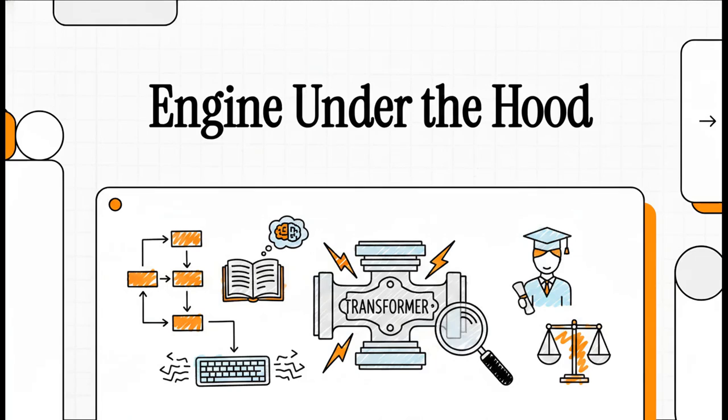Okay, think about this for a second. How exactly did artificial intelligence go from barely being able to string together a coherent paragraph just a few years ago to suddenly writing entire novels, generating complex code, and literally passing bar exams? What actually happened? Well, it wasn't just throwing more data at the problem or building faster computer chips. It was actually a singular, massive architectural breakthrough.